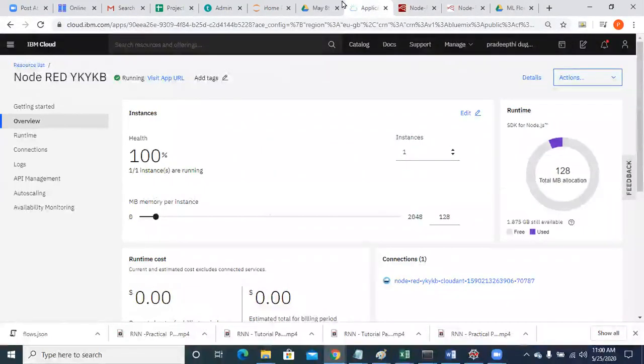Go to your dashboard, come to the other page, go to your dashboard.